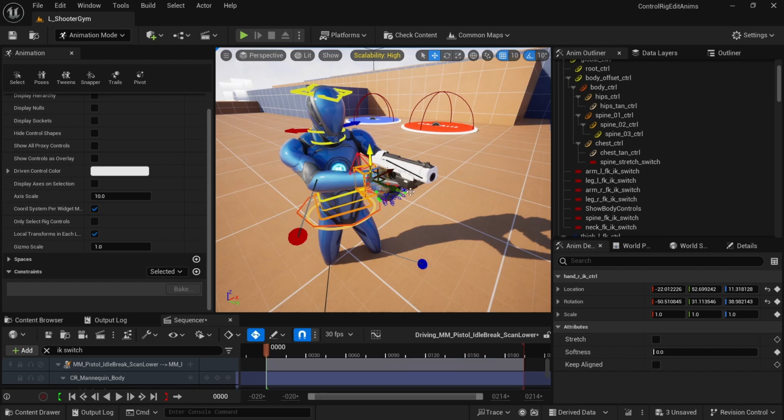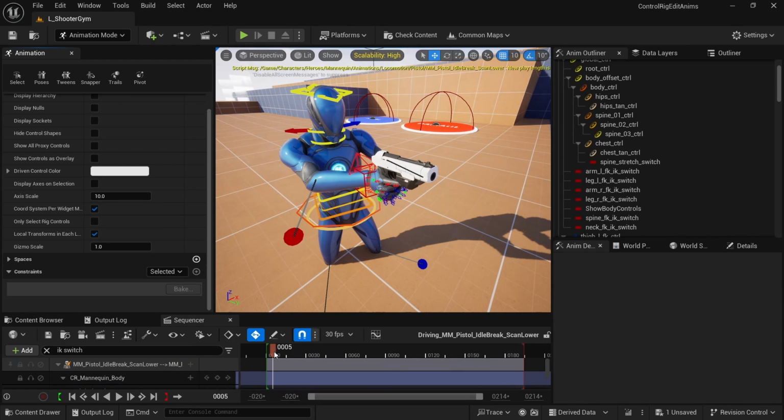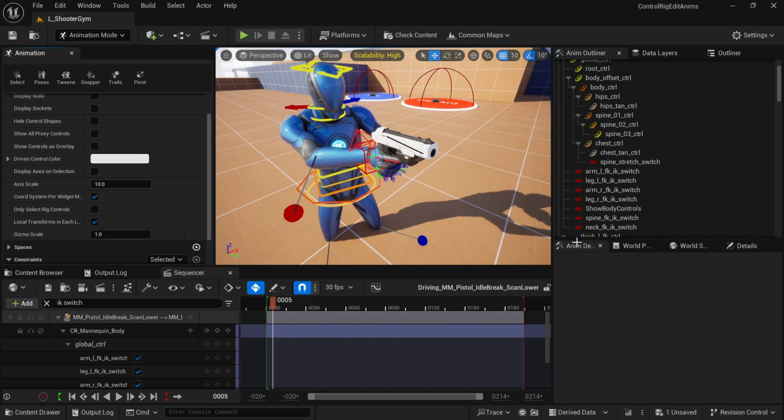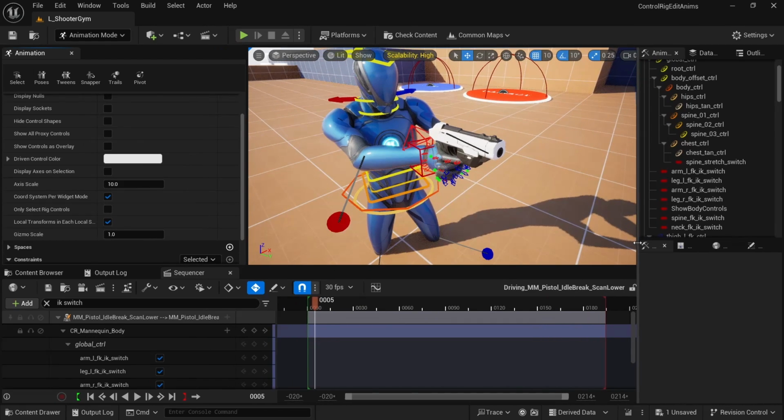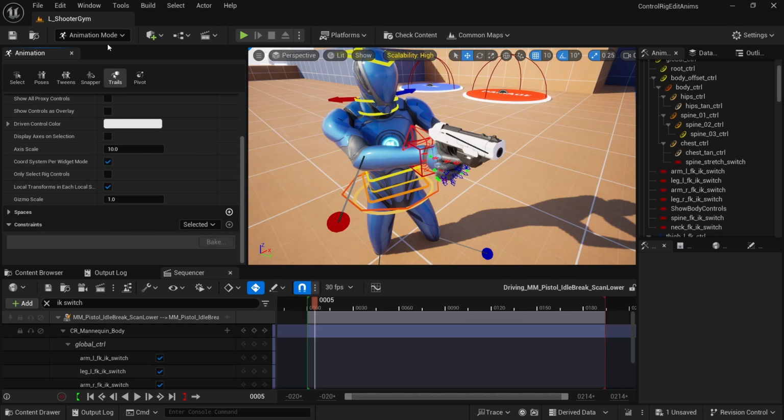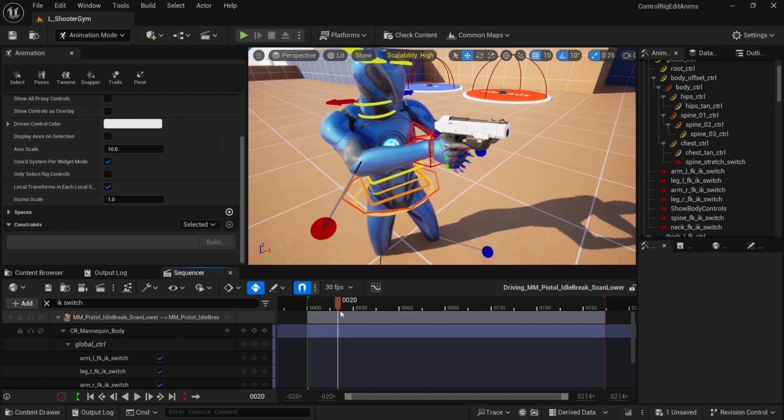I'm just going to undo that. Sometimes when you undo, it'll seem like you just reset your animation and broke everything, and then you play and it's totally fine. Sometimes animating with control rig feels a little finicky, but most of the time it's very nice with all the different animation tools that there are here, and I feel like I didn't even scratch the surface. Okay, so now that we have those constraints set up,